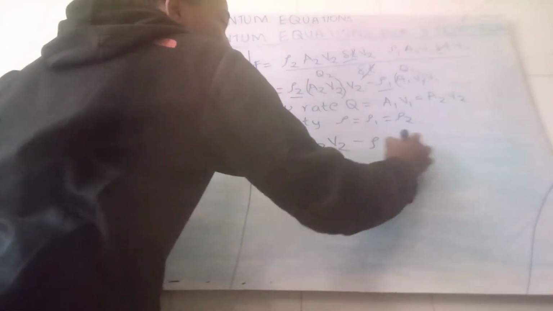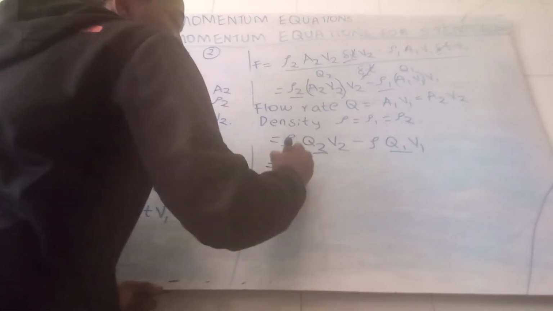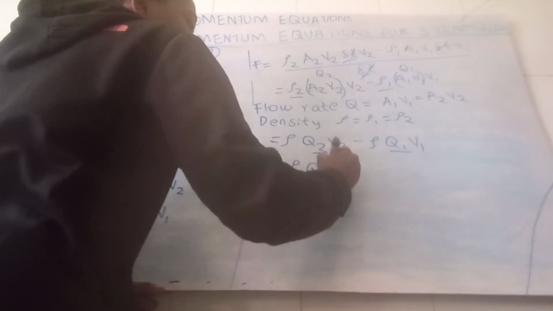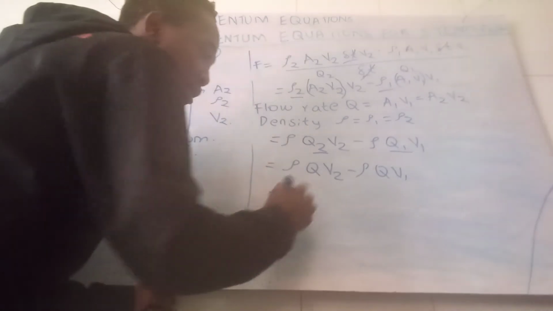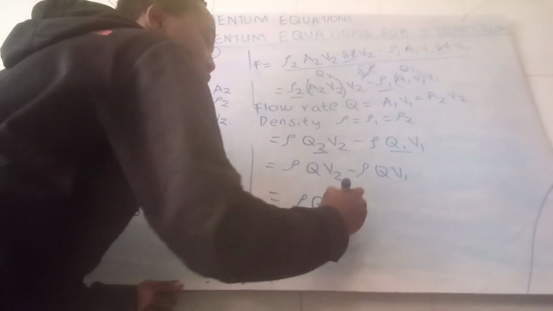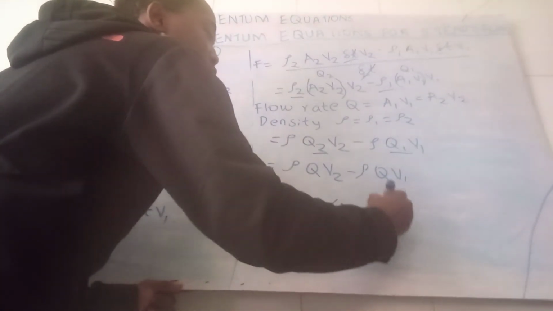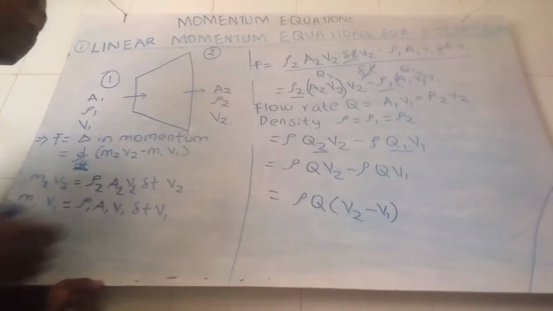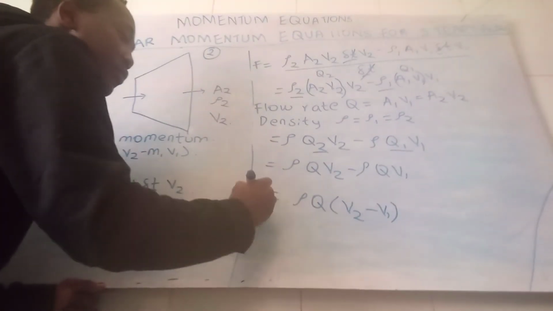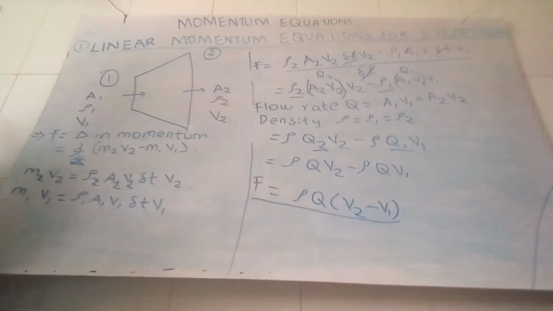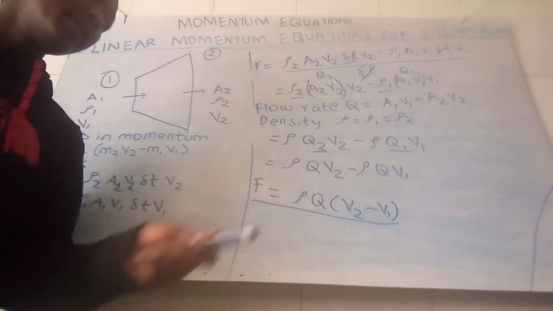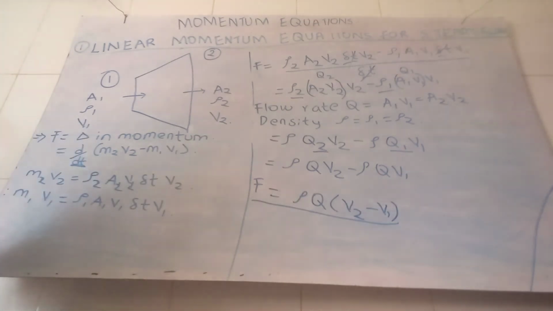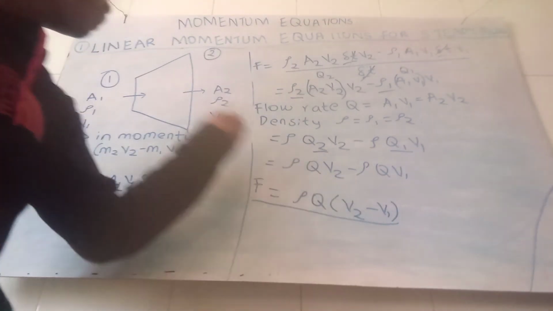Since Q2 and Q1 are equal, I can have rho Q V2 minus rho Q V1, and this can be written as rho Q times (V2 minus V1). So the force exerted by the fluid on the solid body is given by density multiplied by flow rate into brackets velocity at point 2